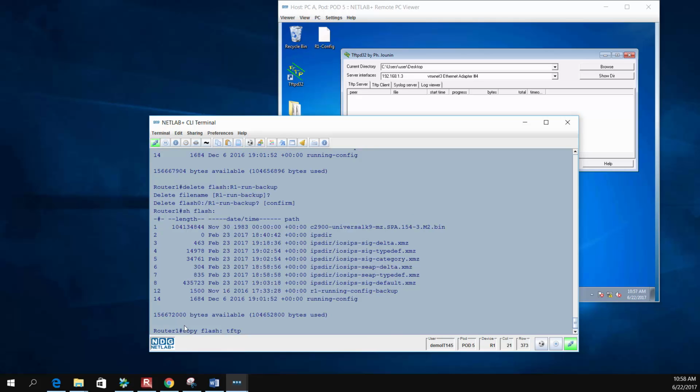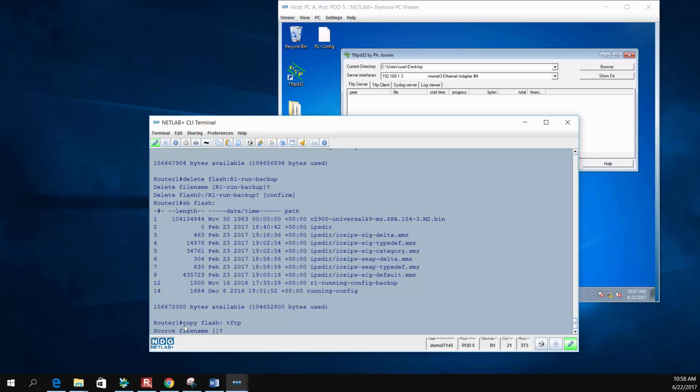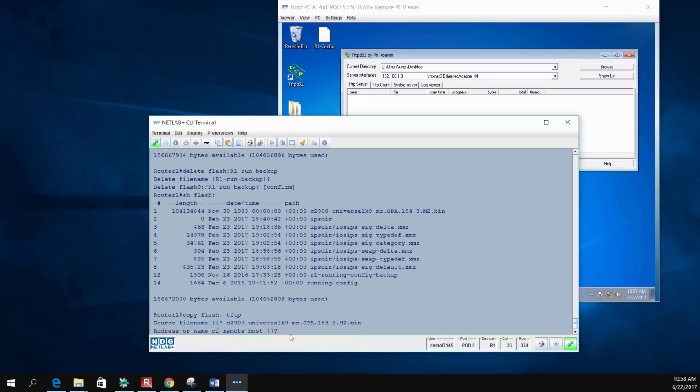Now let's press enter. The first thing we need to provide is the name of the file that we want to copy. And I said we want to copy this big IOS file. So all you have to do is just highlight it and then copy the name, and then paste it back. That would be the best way to make sure that you're not making a mistake copying this long name. Press enter, and now it says what is the address of the server you want to copy to, and that would be the address